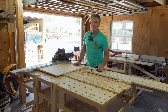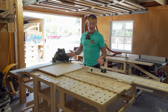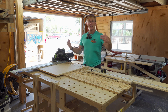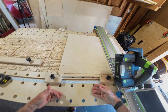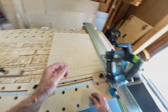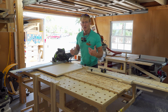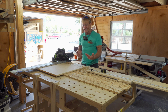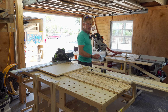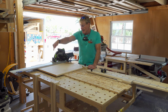Past couple of weeks, I've had a few projects that required me to break down a lot of plywood. So I've been using the Paulk Smart Bench with the TSO parallel guides, getting my rips, the Smart Crosscut to crosscut all of the material, making these cabinet sides. I've been using the Smart Workbench with a lot of its accessories, like the router table over there to do the grooves, and the panel